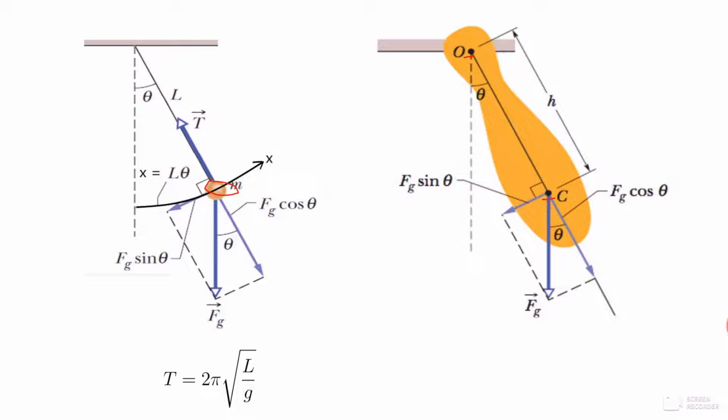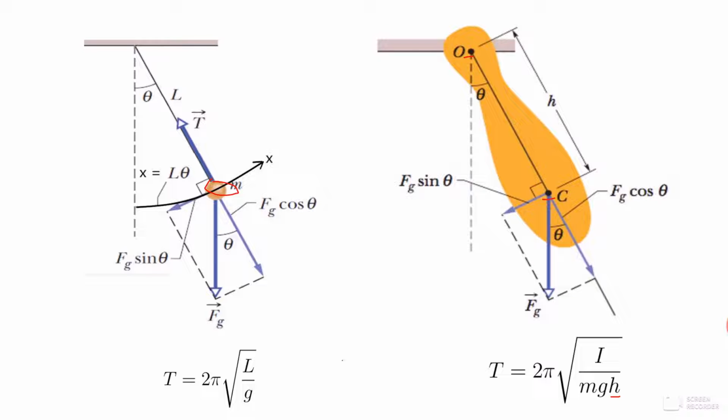Now, as we saw, the formula for the simple pendulum is this one, but for the physical pendulum, it cannot be the same, as the inertia is not exactly the same as in a simple pendulum. So we need to go back, and the length, as I told you, is replaced by h. Now, what's interesting here is that they are very similar. In fact, if we